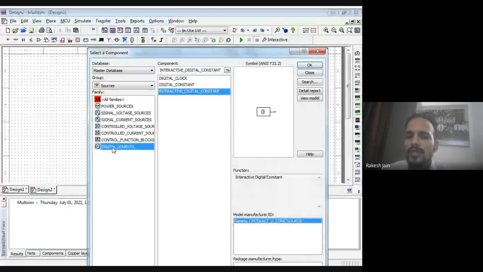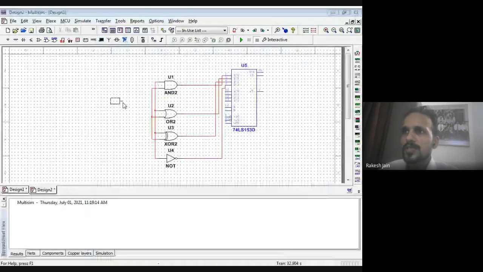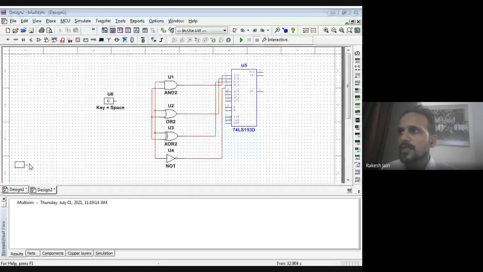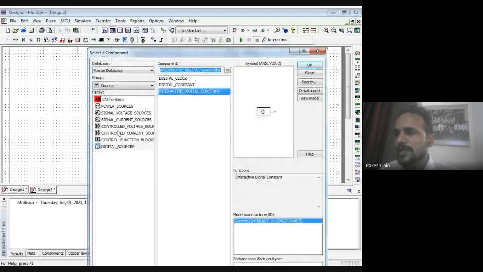In this digital source, you can see an interactive digital constant, which is in front of you. We have to use that as a selector as well as to select the input. We use four different interactive digital constants here: two for the input side of that multiplexer and two for the selection side of that multiplexer.